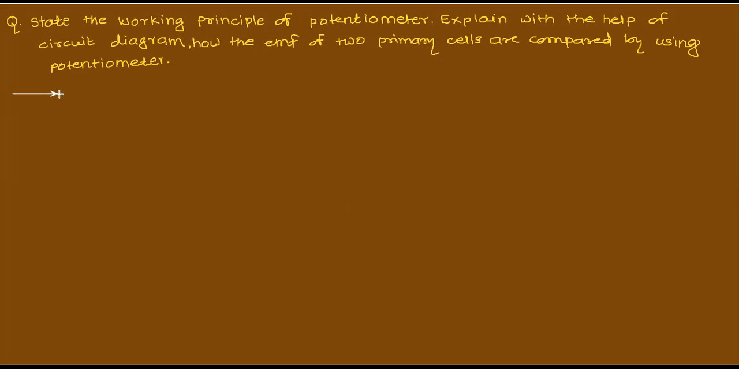What is he asking in the question? First you have to state the working principle, and then we have to compare the EMF of two primary cells using the potentiometer, also with a circuit diagram. So first I am writing the principle. What is the principle of this potentiometer? The principle of this potentiometer is, I am writing like this: